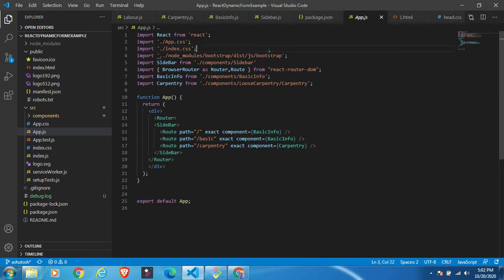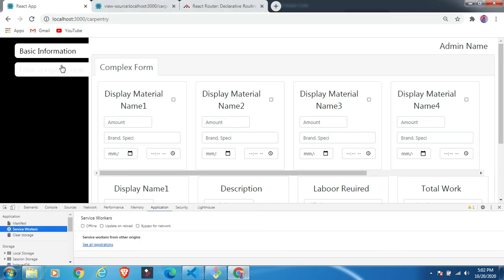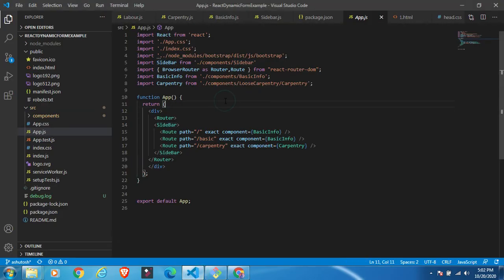So this is the JS file, and if you go in the index.css, you can look at some of the code. Maybe the Bootstrap CSS file is imported in this particular CSS. And some components we have used in this particular component. This one is a sidebar, and this one is the header where the admin name is appearing. So that's all it is about.